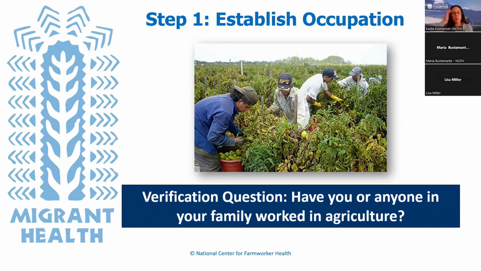So in our first step, for these 6 steps in the verification process, we will be sharing a verification question that goes along with that step in the verification process. So in the blue box on each step slide, you'll see the verification question that we recommend for accurate identification and classification of your agricultural worker patients. These blue box verification questions are questions we recommend including in your policies and procedures and in your patient registration forms to reflect these definitions and ensure that your staff are consistently and accurately identifying and reporting your ag worker